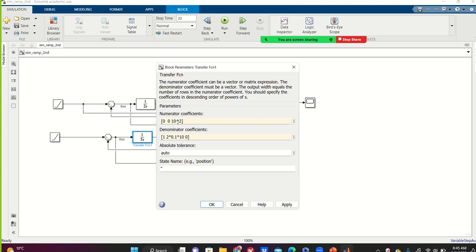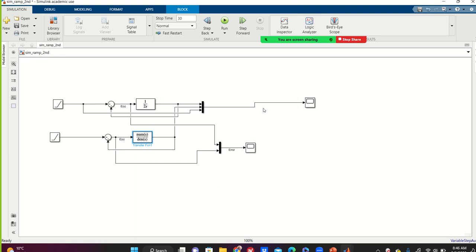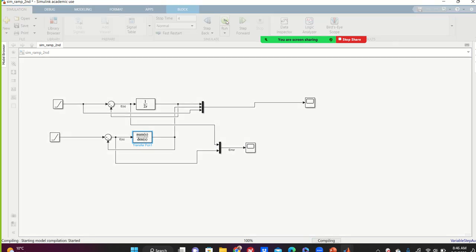So because omega is 10, I'm going to use a damping ratio of 0.1, and here we go. Now, okay. So now if I plot this for 4 seconds, okay,